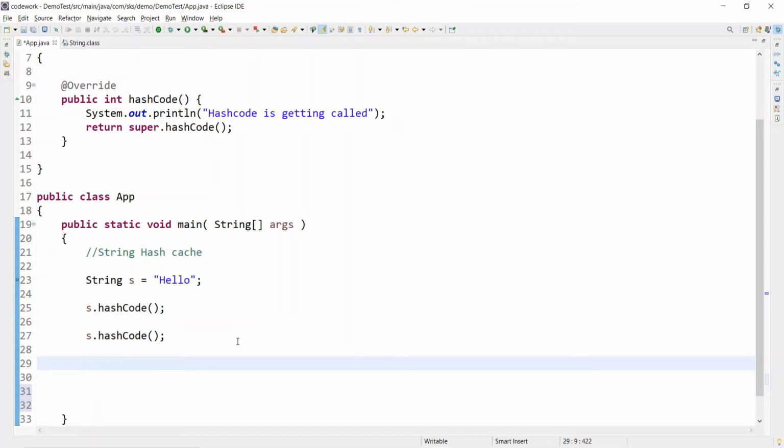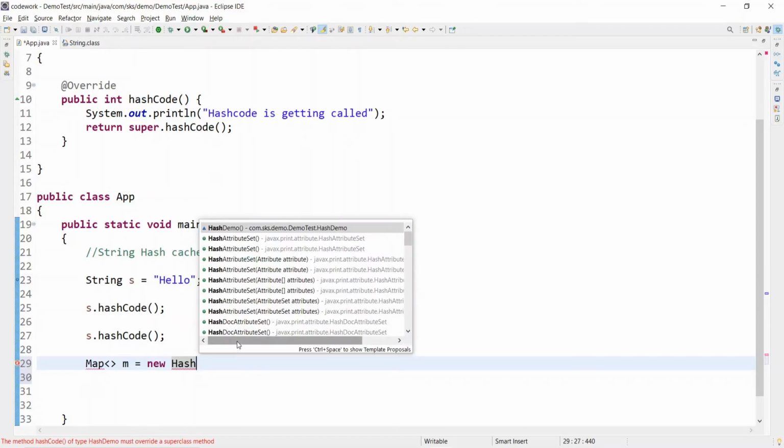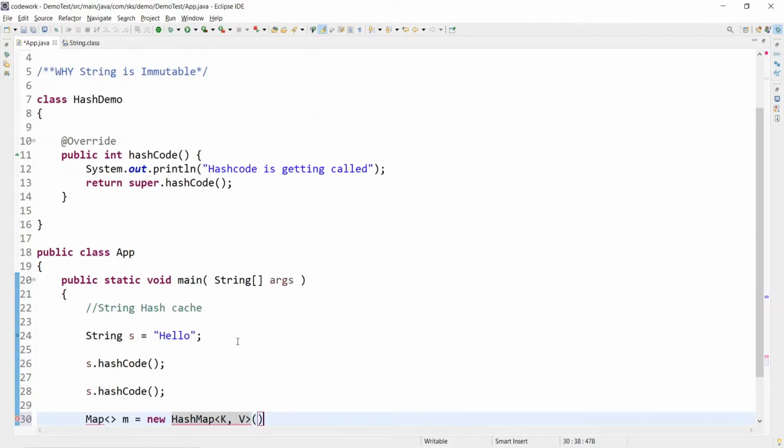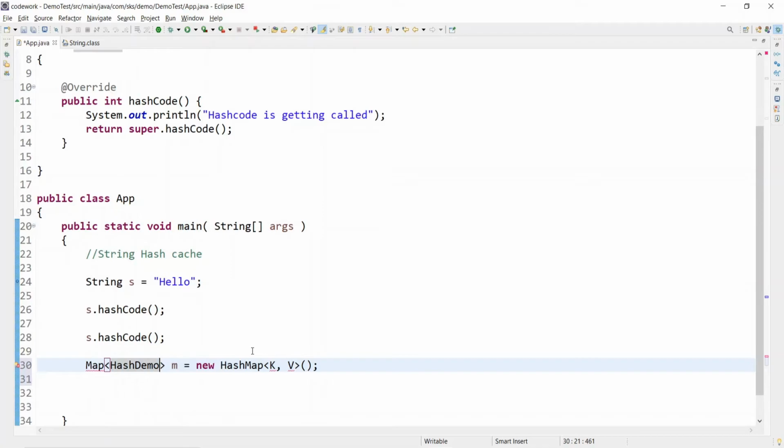And thereafter let's create a map: Map, let's say m, is equal to new HashMap. And here let's put a key value pair. The key is this, and the value is, let's say, Integer, and the same thing we can put or leave.